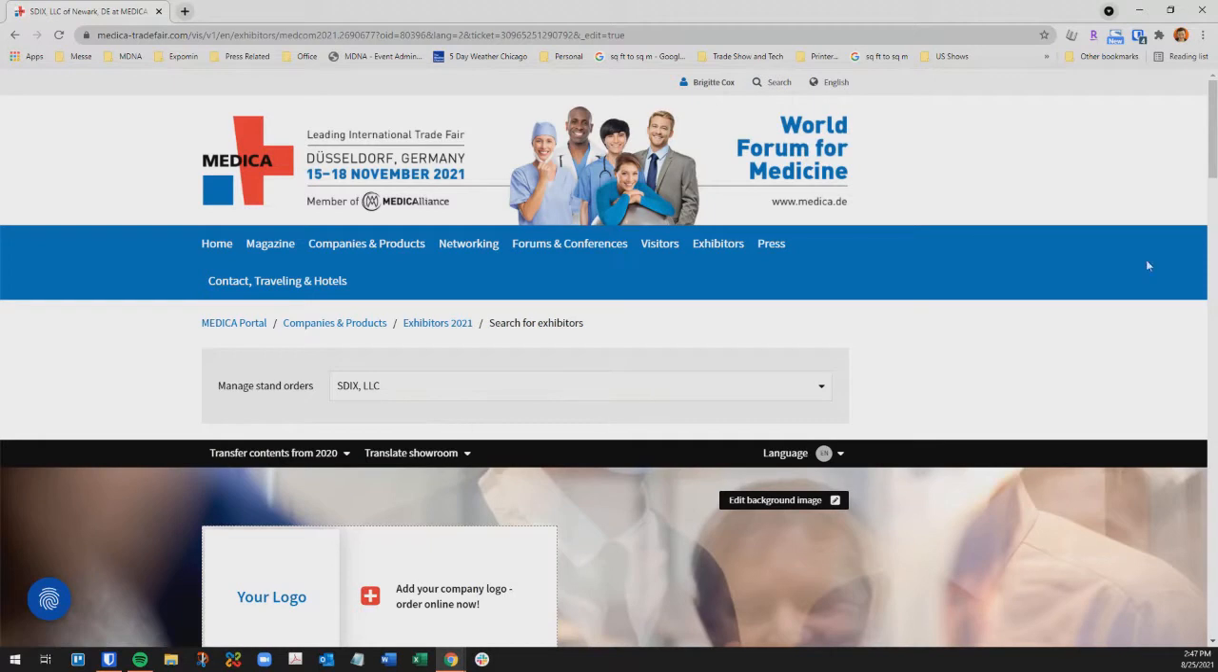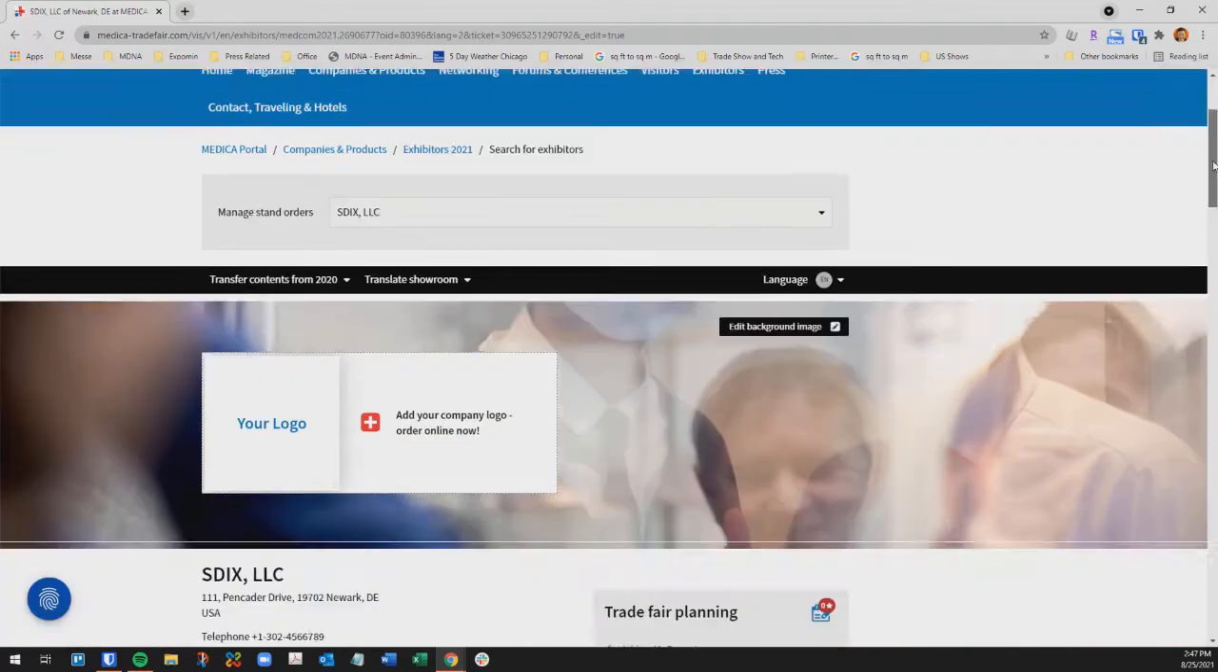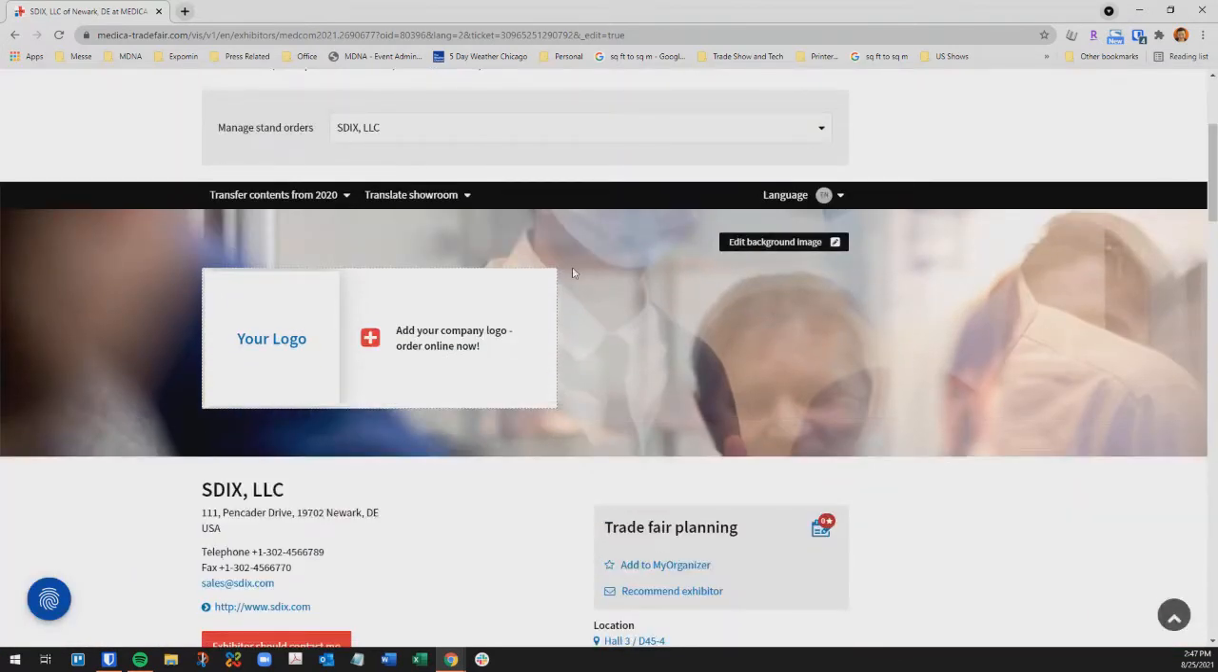So when you click on that, you're automatically in the page where you can edit your showroom. Anywhere that has this pencil icon, you can edit or modify. Starting with this background image, you can click on this button,